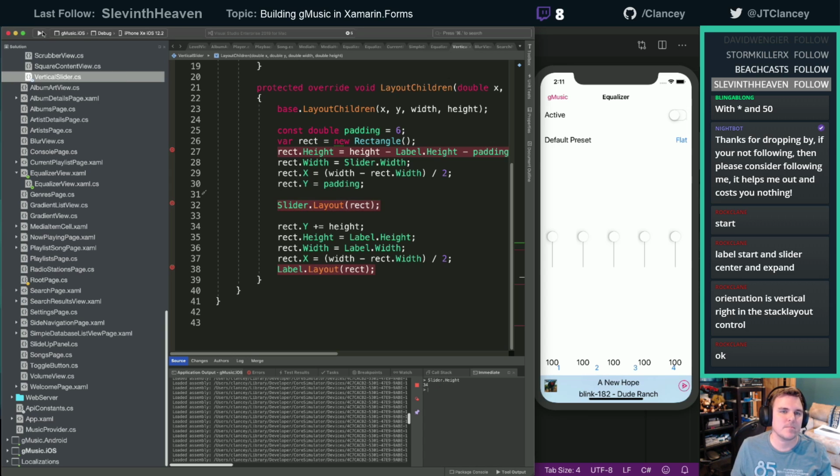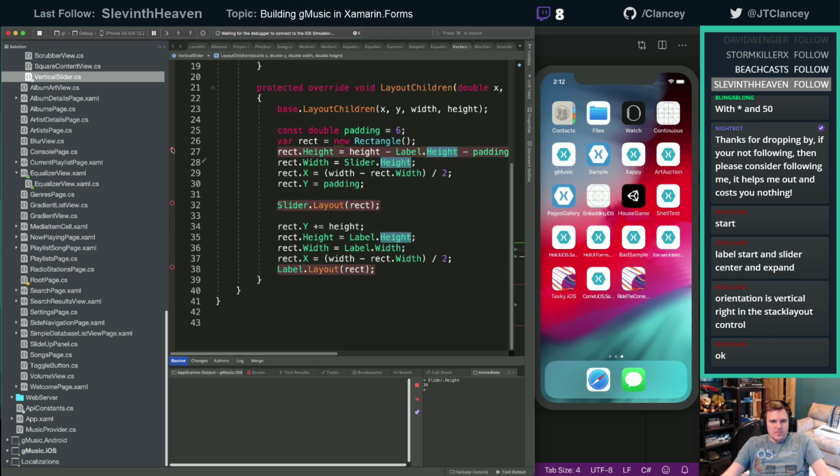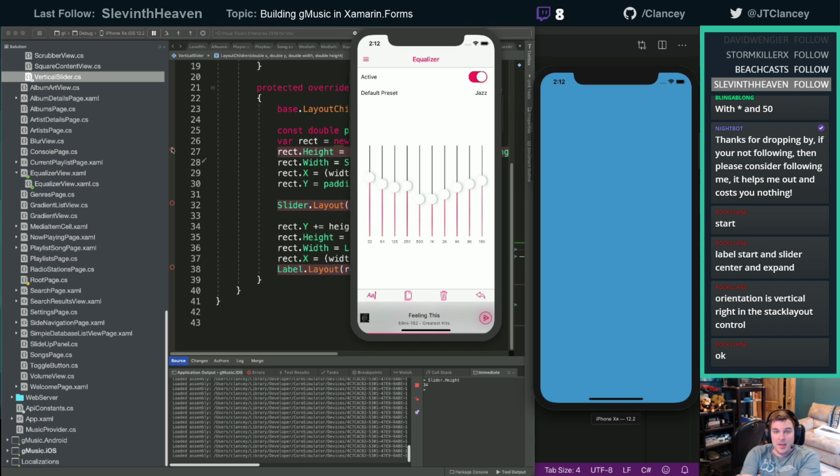I bet that's our problem. Slider height goes that. That's interesting. That rotated might make it to where it doesn't know how to lay it out at all.